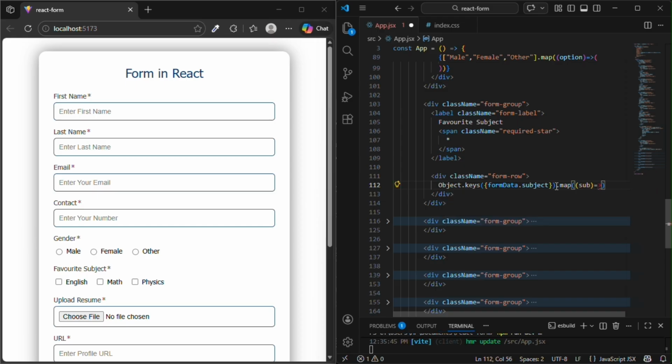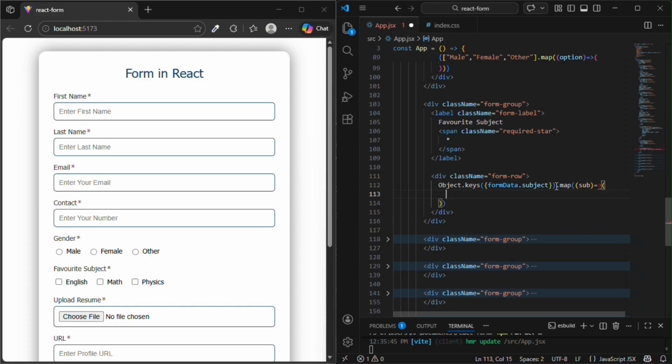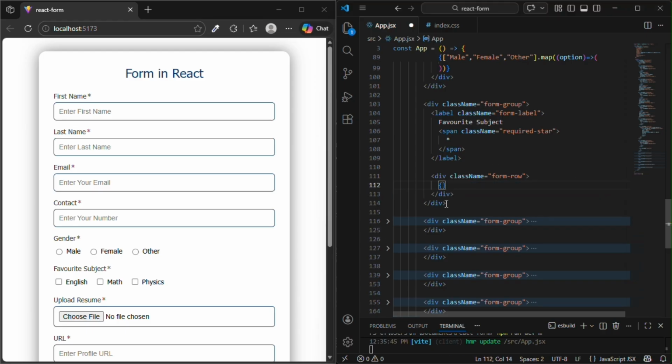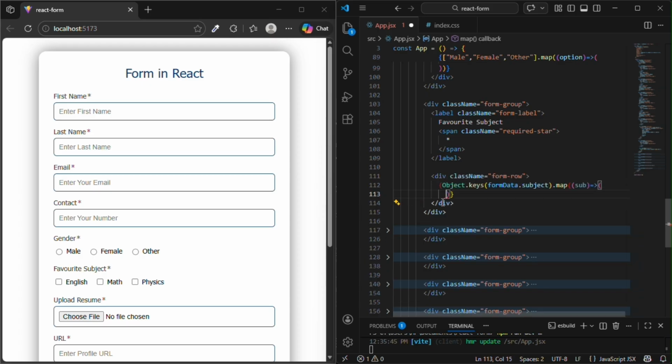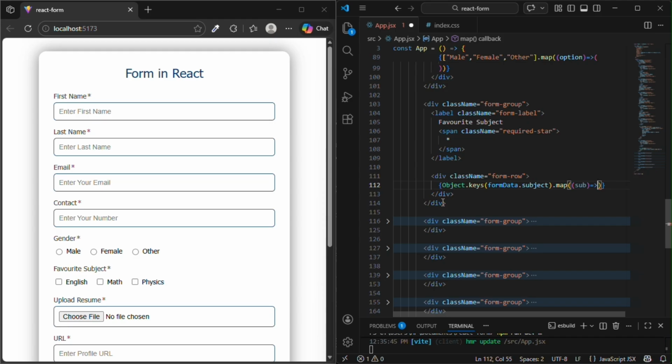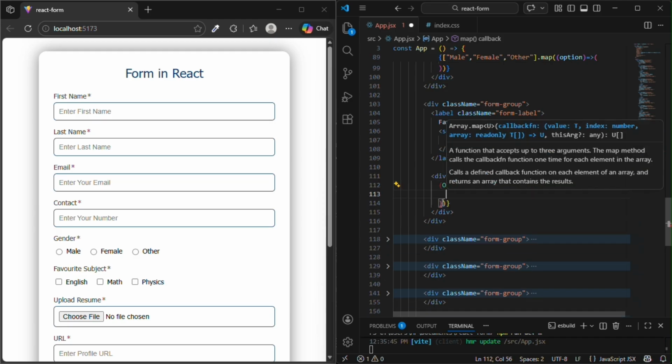Here we will use the arrow function, again parenthesis, but I think there is some mistake. Wait a second. Yeah, there is a mistake, that this needs to be inside the curly braces, because we are extracting values from the state, and do this also form data dot subject. No need to put it inside the curly braces. Only round braces should be fine. Now, if subject, now inside the curly braces, we can define the label function here